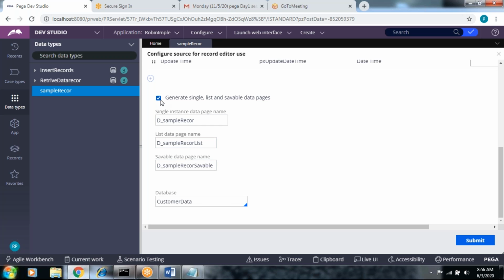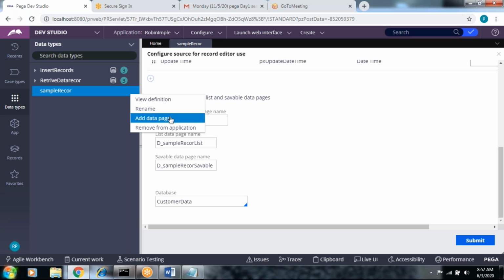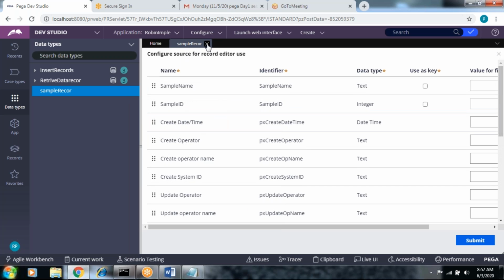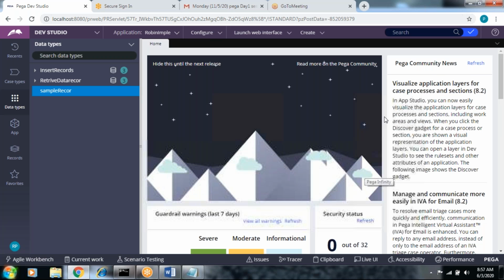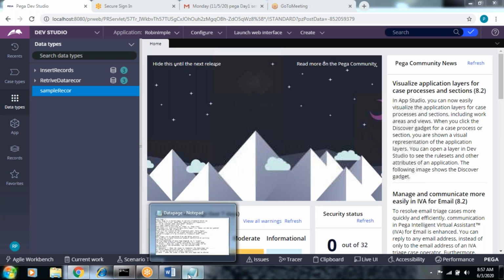Okay. So what is another one? If you don't uncheck this one, what will happen? If you want to add your database, add database. Just click on the data type here, add database. This is the way for creation of the page list. Okay. I'm not checking it, so that's fine. This is for creation of the page database. I'm going to tell you.